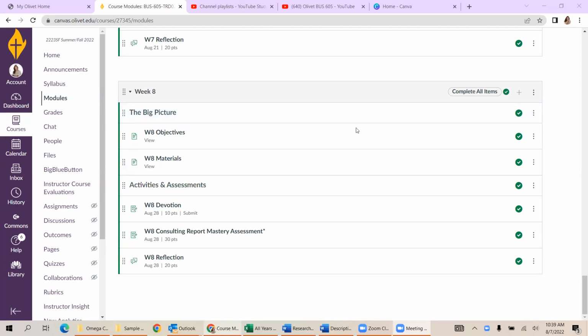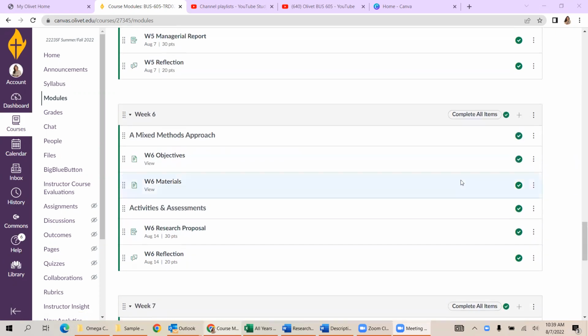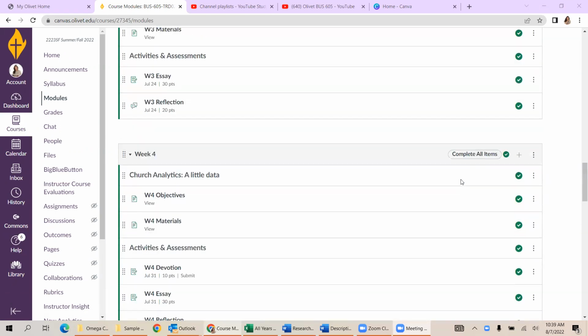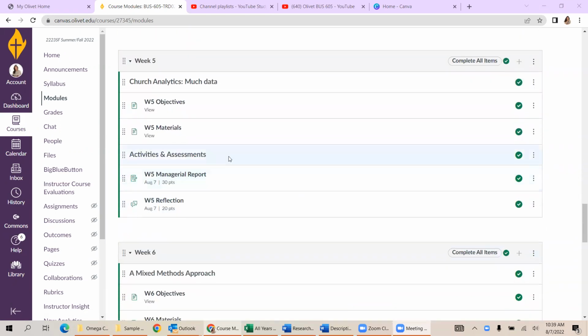Okay, for our final week, we're going to put together a consulting report. So this is a different assignment than what you've had for the last 7 weeks. But basically what we're going to do is put it all together now for the Omega Church data. So if we go back to what we've been doing with the Omega Church data, we started here with the